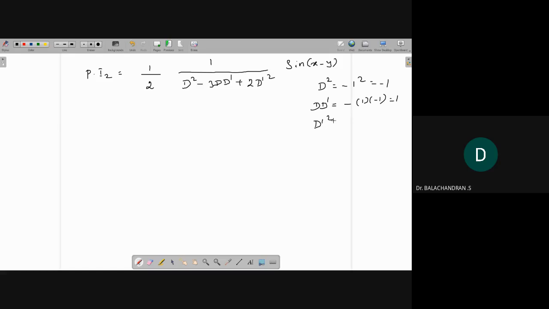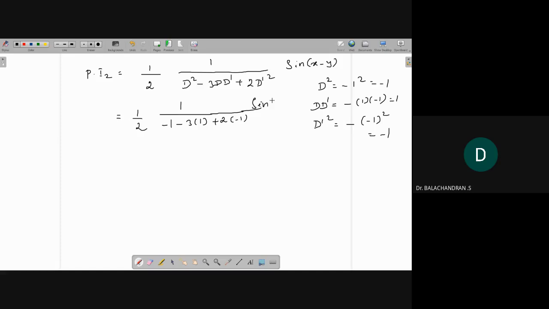D dash square by minus b square, b is minus 1, so minus 1. This is equal to 1 by 2, 1 by d square is minus 1, minus 3 into d dash is 1, plus 2 into d dash square is minus 1